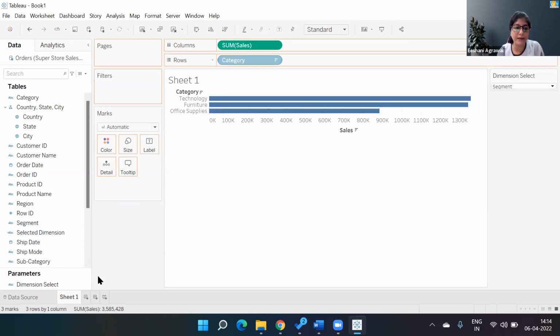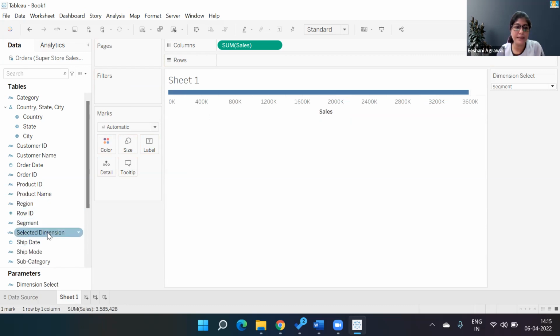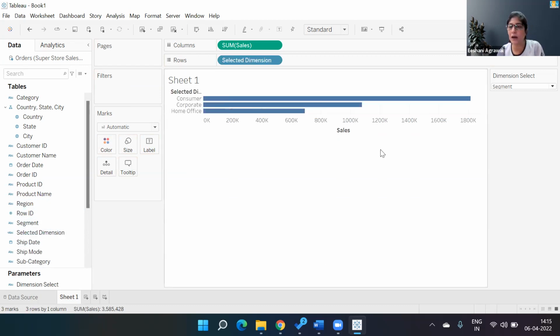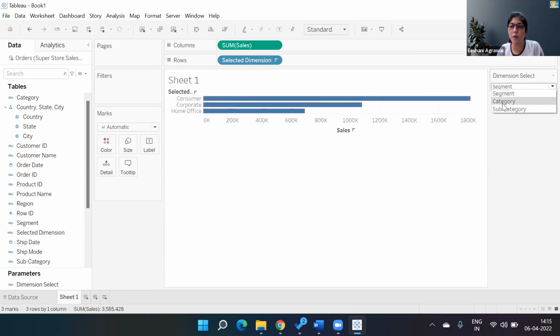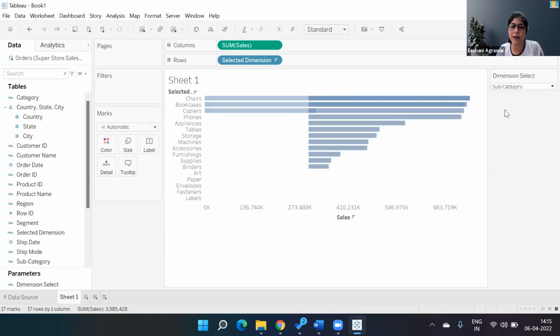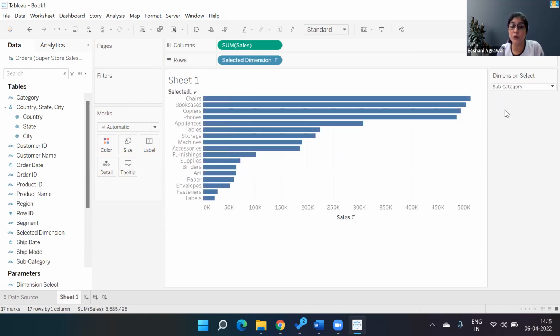I'm going to remove category and drop in selected dimension over here. Now, if it's segment, this is giving me segment wise sales. If it's category, this is giving me category wise sales. If it is subcategory, it will give me subcategory wise sales. So in one area itself, I am able to show different values. And to make it more readable, because over here it's coming as selected dimension, which obviously no one will understand, to connect the two dots from here and here,